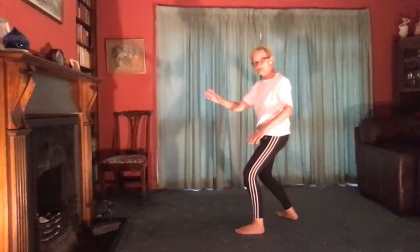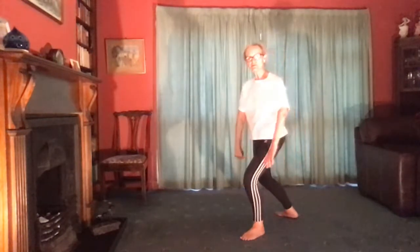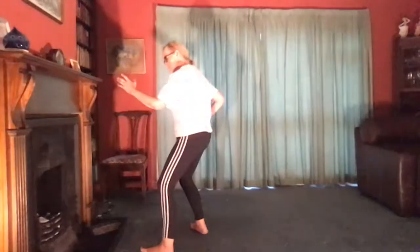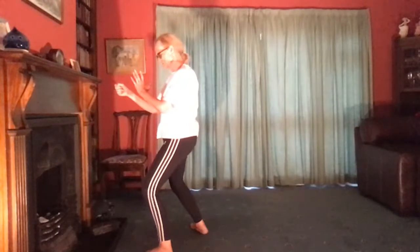So now the next posture is sink back, turning on the heel of the left, and the two hands come down to the side of the body. And then as we come into the left foot, we make a fist with the right hand, the two hands come up, and then you turn your right foot to the corner, sink into the right as the right fist comes to the hip, step forward with the left, and as you sink into that left foot, the right hand comes in to punch. So I'll do it facing this way so you can see it, and then we'll just work on it, because I think you kind of know this one well but this first part tends to be